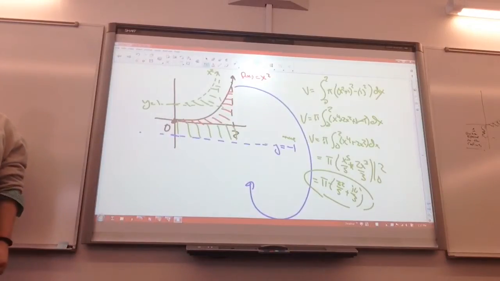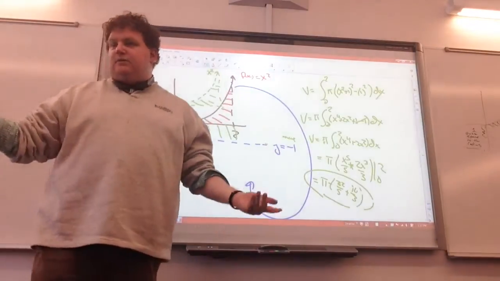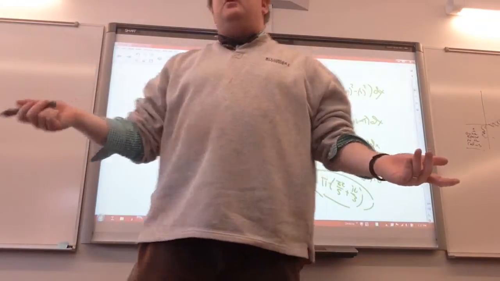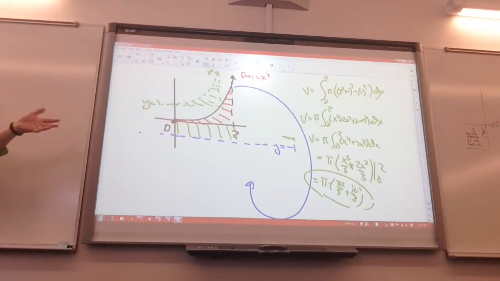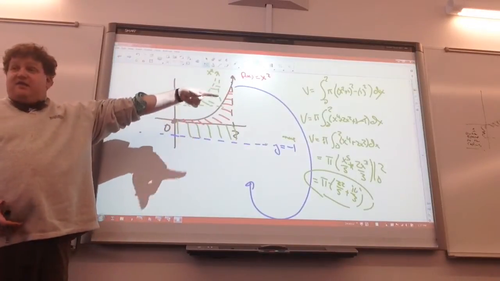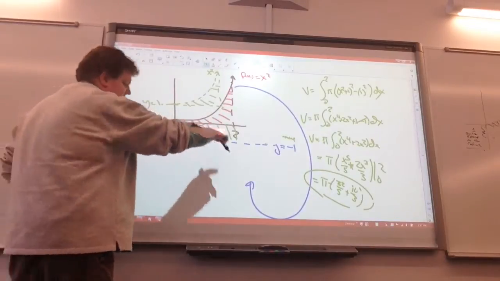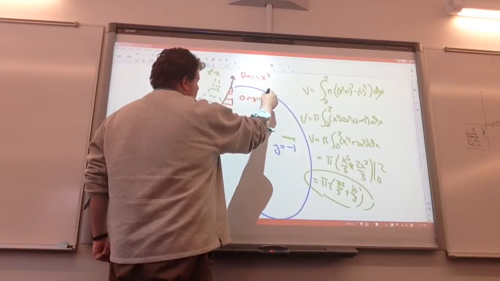You could actually think of the washer method, or the disk method, as being f of x squared minus 0 squared. Because 0 would be the line y equals 0, that's the x-axis, right? What happens with 0 squared? Stays 0, goes away, who cares, right? And so with the disk method, that doesn't really matter, but I can always change the disk method into a washer method that way. By thinking of it that way, that's exactly why this thing ends up being what it is. Because the original graph, before I changed what axis I spun around,